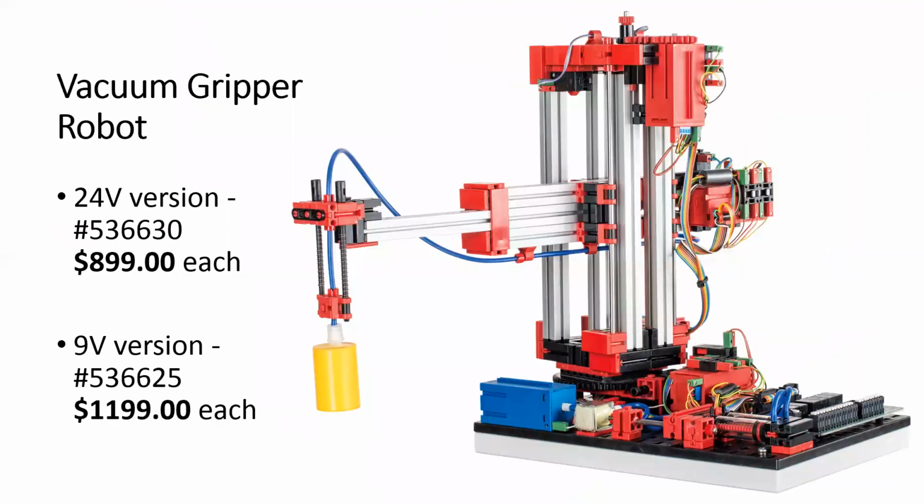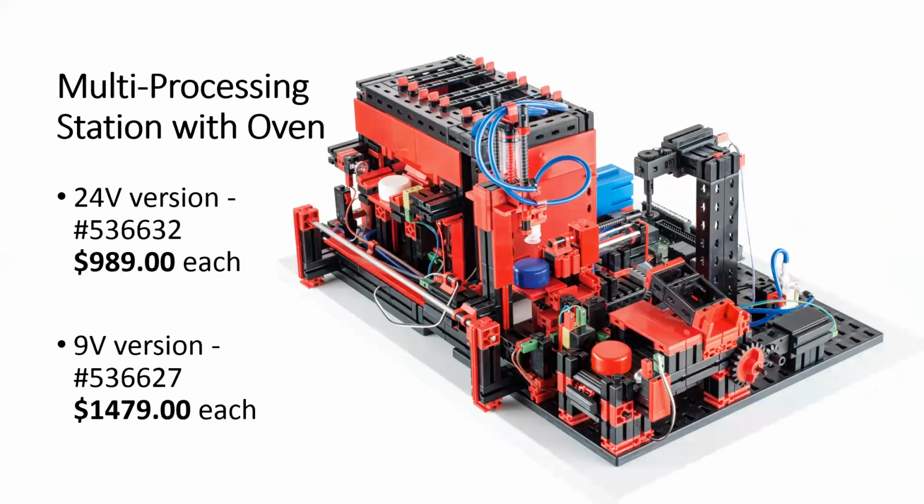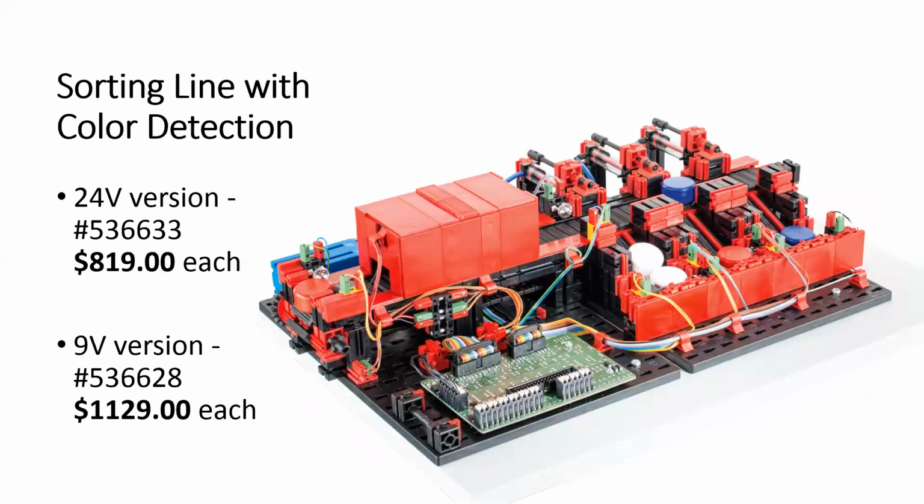The vacuum gripper robot, the 24-volt version, is $899 each. The 9-volt version is $1,199 each. The automated high bay warehouse in the 24-volt version is a $1,035 list price. The 9-volt version is $1,319 list. The multi-processing station with oven, $989 each for the 24-volt version, $1,479 each for the 9-volt version. The sorting line with color detection in the 24-volt version, $819 each. In the 9-volt version,